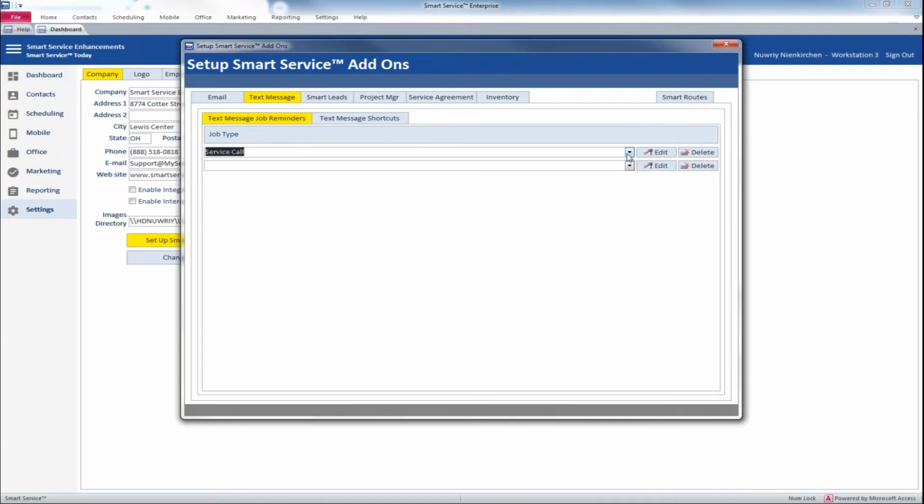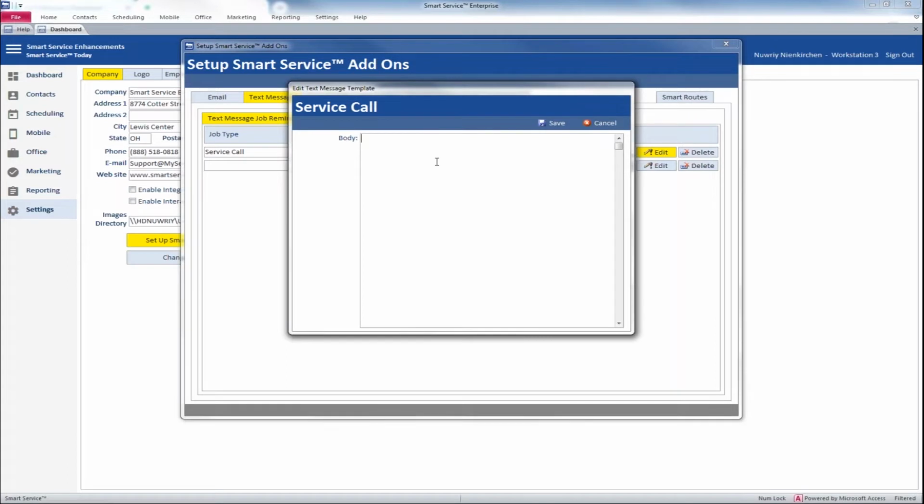So we select our job type. I'm going to use the service call there. We're going to go in and click on edit. And what we're going to get there after that is where we can go in and edit the text message template. So this is going to work in a similar fashion to the email reminders, as I've mentioned. So you'll just type in what you want this to say to your customers when you send it out. So we can do something like, hello, we just wanted to let you know that we are a couple days. You can expect us